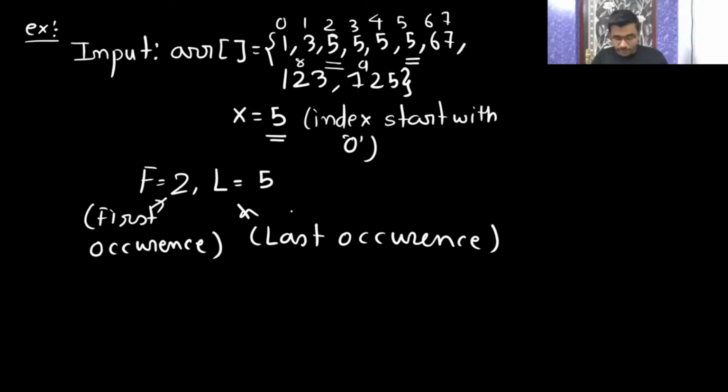Now you try to apply it. I will give another input, then you tell me the first occurrence and last occurrence. Are you done with the writing? That is why I taught you binary search earlier, because you can modify binary search in many algorithms, which will reduce your time. I will use the simple method first, linear search, where I go one by one. For that I will just give the algorithm and not the implementation, but for binary search I will give you the algorithm as well as the implementation.